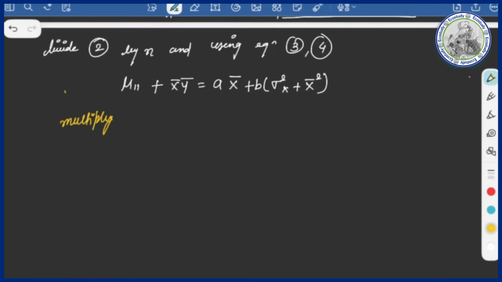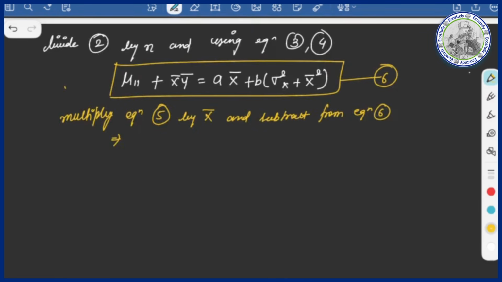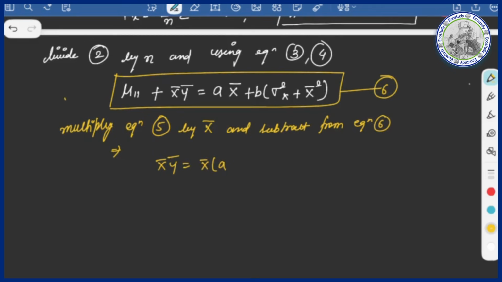See, the proof is not important from the exam point of view, but you should know how it came. So multiply equation 5 by x bar and subtract from equation 6, and this is your equation 6. What do we get? Multiplying equation 5 by x bar, x bar y bar is equal to x bar into a plus b x bar. And then subtract from equation 6. When we subtract,